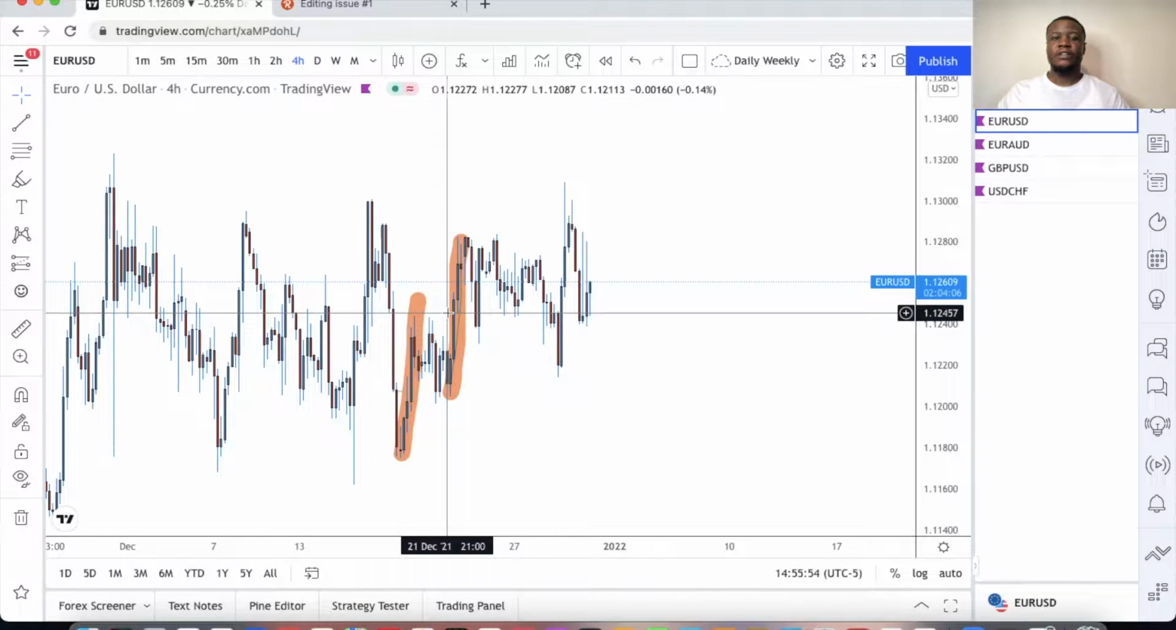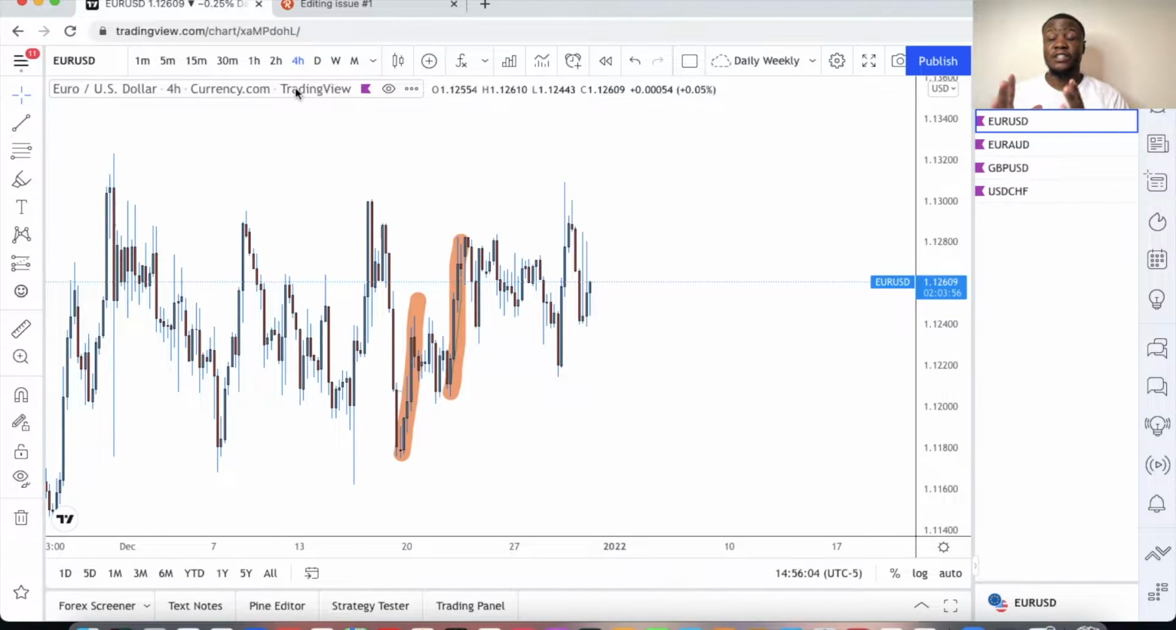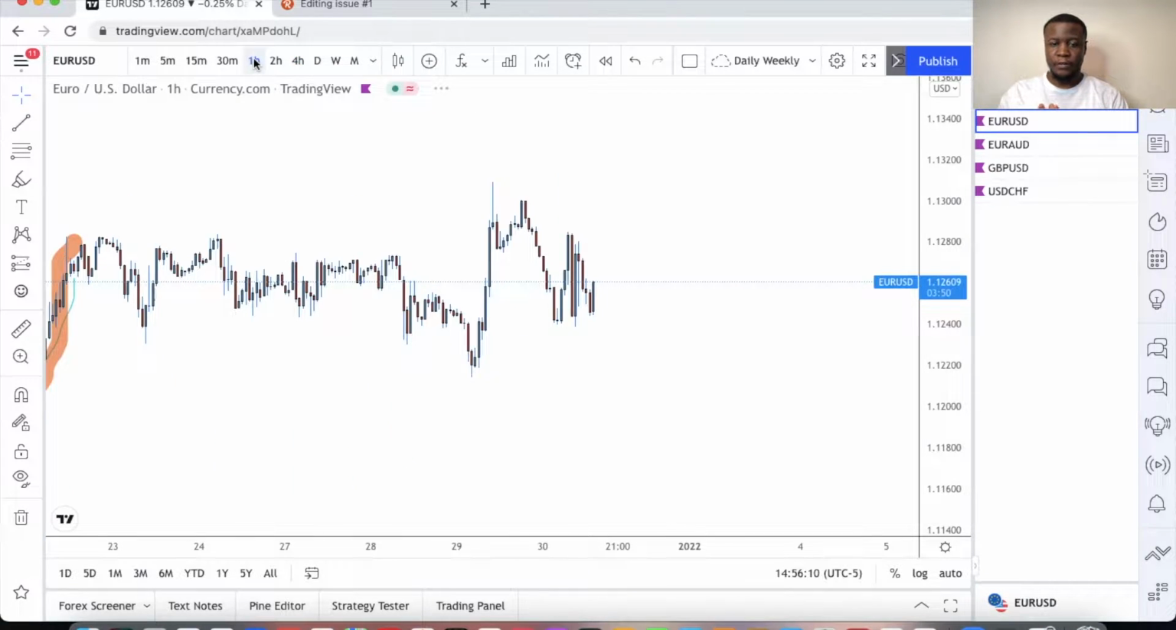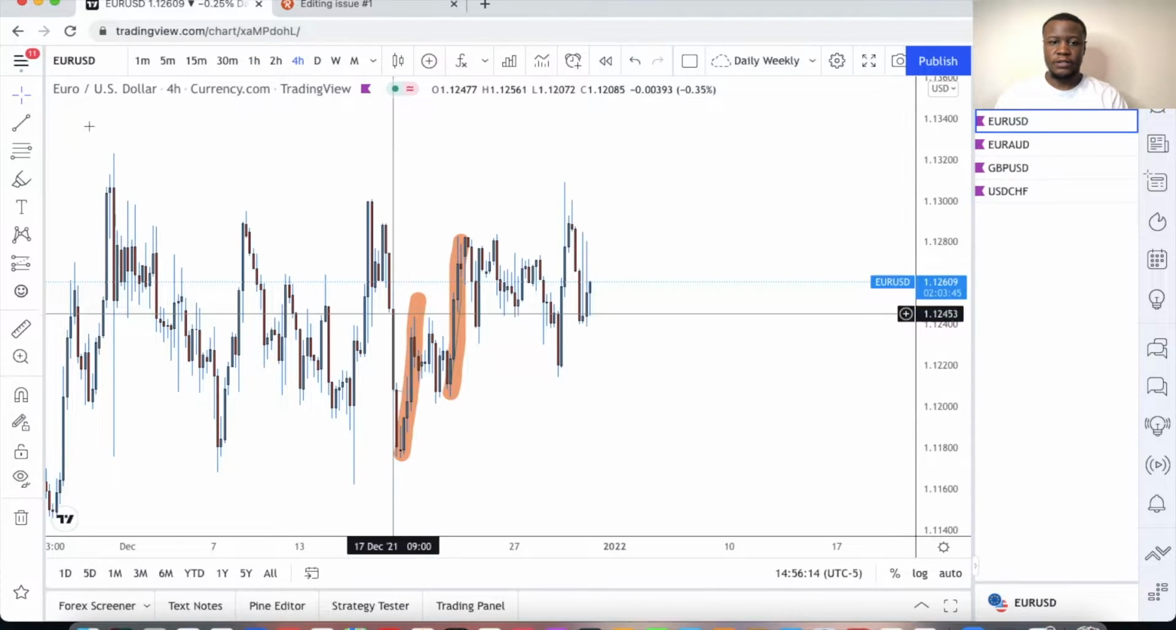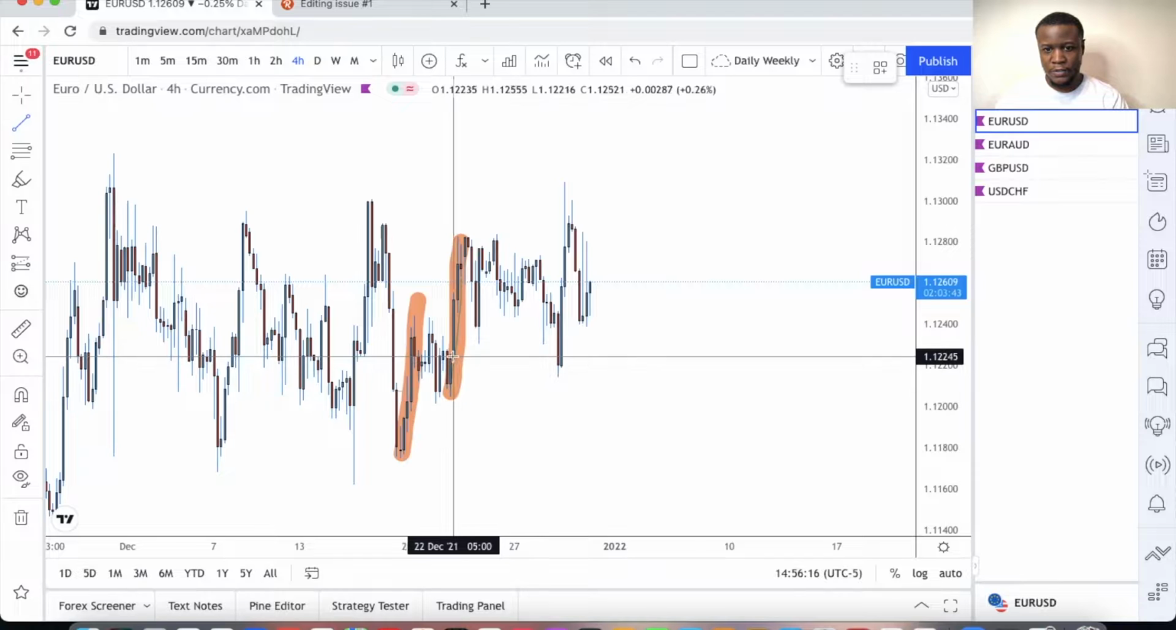But okay, so the bigger picture, we're in a big consolidation, right? We're in a small consolidation within a big consolidation. So go down to the 1 hour. Actually, one second, 4 hour. So if you want to mark off this 4 hour level,